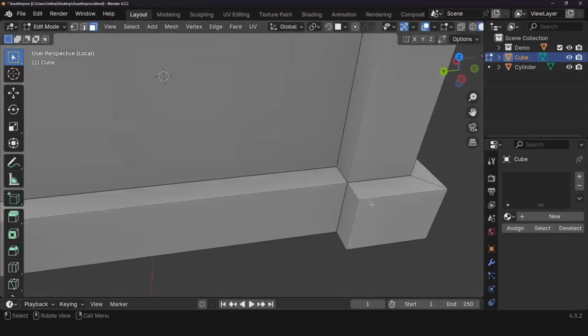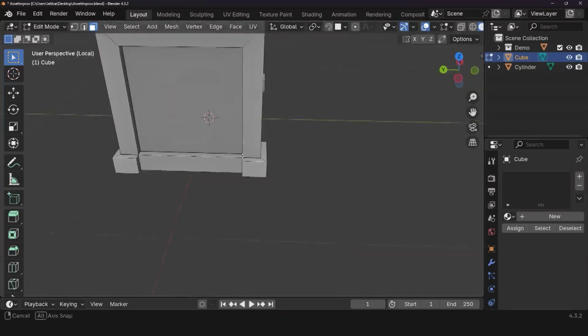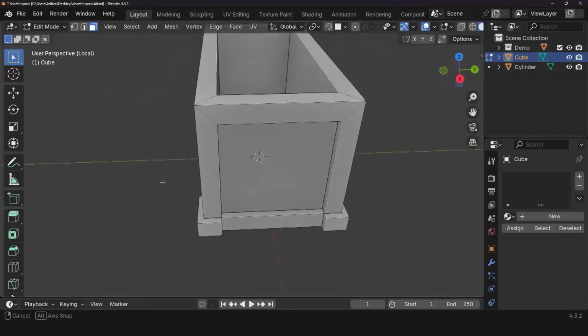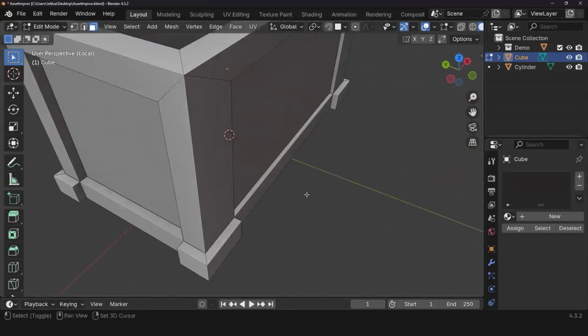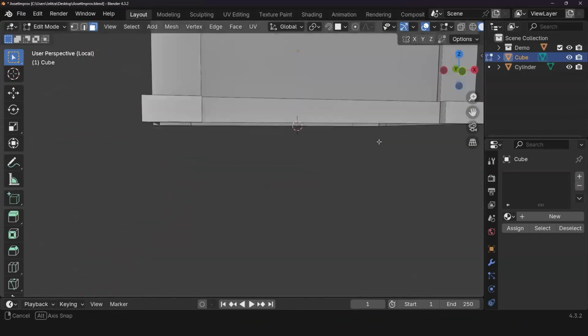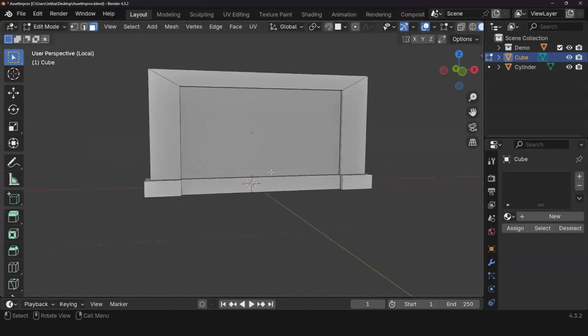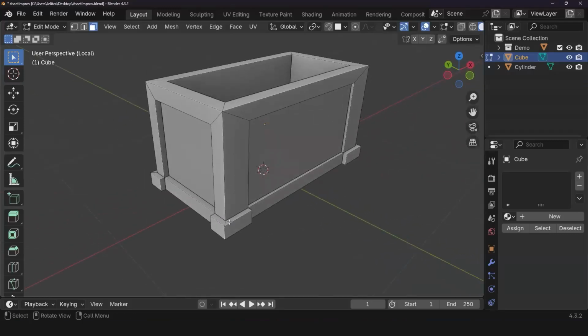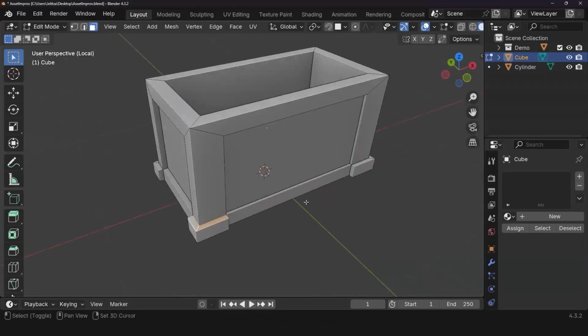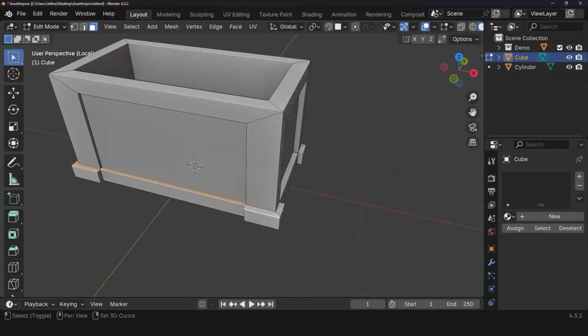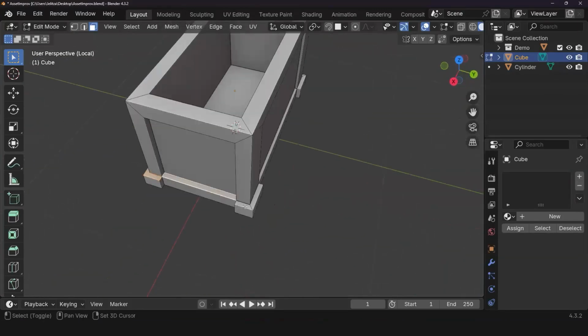Although there is a slight adjustment I wouldn't mind doing, and it's okay to do these kinds of adjustments. For example, this feels a little short. I'd like it to be a little taller. So I'm going to select these faces. Select, select, select.